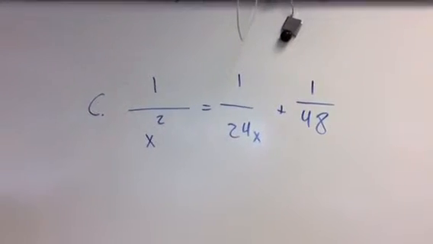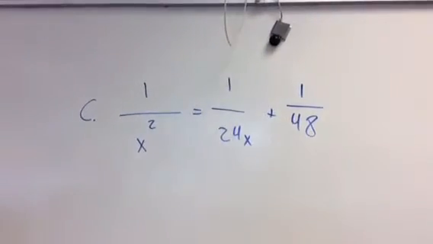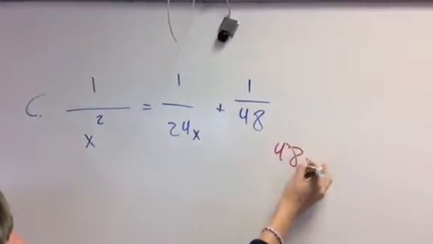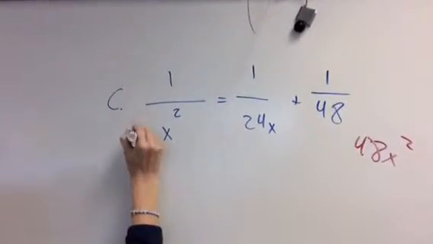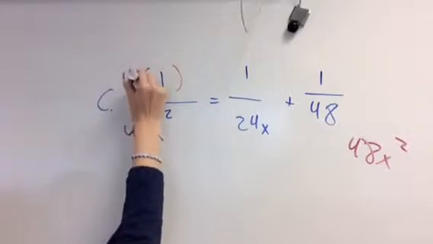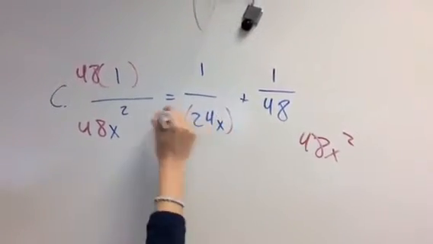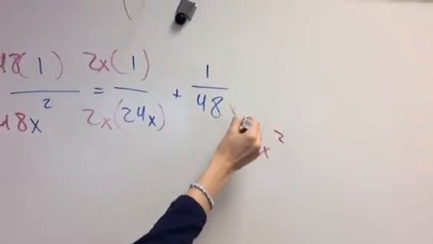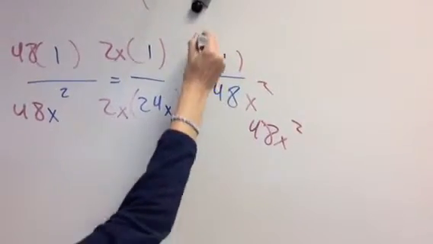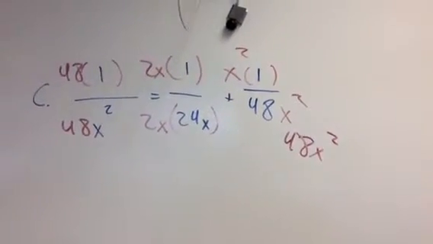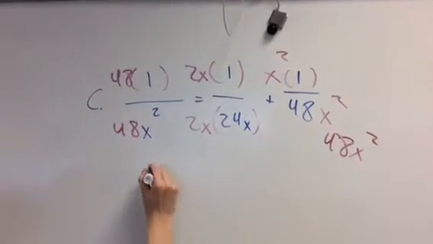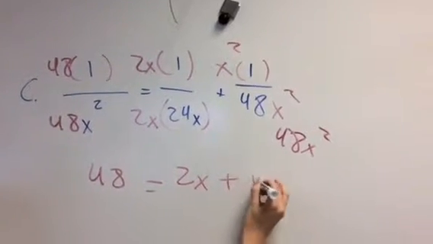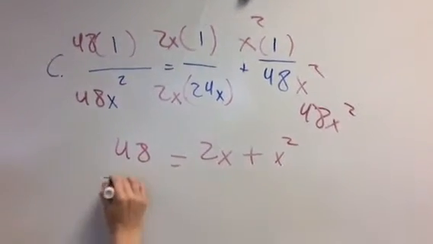Alright, the first step is to find a common denominator, which in this case would be 48x squared. Here it needs a 48, so you multiply both the bottom and the top by 48. Over here it needs 2x, so you multiply by 2x, both top and bottom. And over here you just need x squared. So now you have common denominators, so they can go away, and you end up with 48 equals 2x plus x squared. Now you want to subtract 48